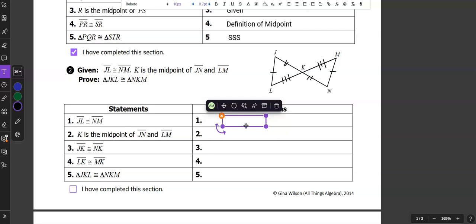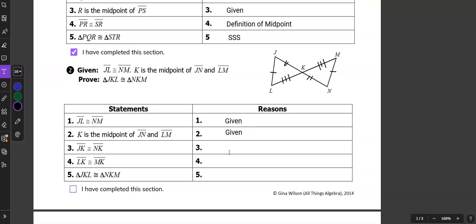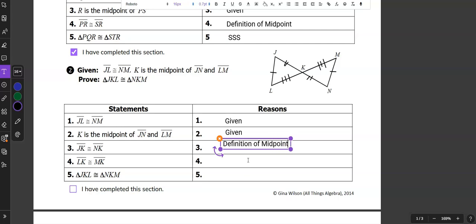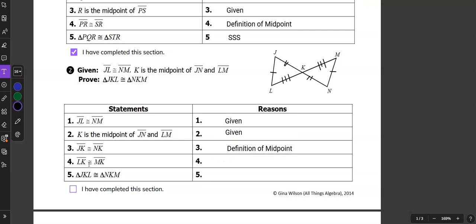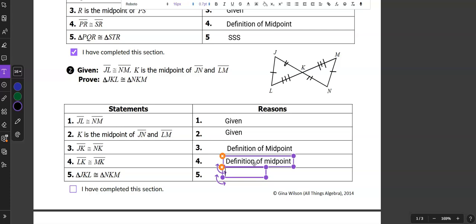We are given that JL and NM are congruent. We are given that K is the midpoint of those two segments. Now, the reason JK and NK were marked congruent is that's the definition of a midpoint. And again, same thing as to why LK and MK are congruent. It is again the definition of midpoint. And that means that all 3 sides are congruent, so therefore these 2 triangles are congruent by side, side,